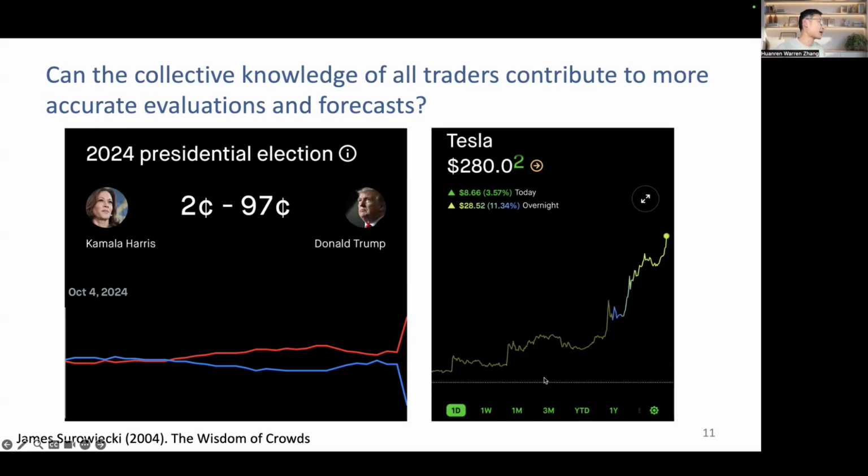If you pay attention to the stock market, Tesla observed a dramatic overnight increase right before the results of the presidential election were released, because you know that Elon Musk, the CEO of Tesla, has strong support for Donald Trump, and people predict that if Donald Trump wins the election, it's good news to Tesla, and it will bring benefit to the company. Right? So we see that the corresponding information has, in a short period of time, been incorporated in both the prediction market and also the stock price of the related companies.